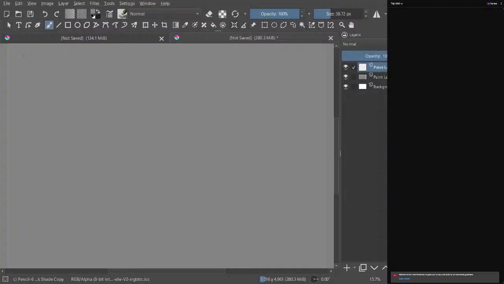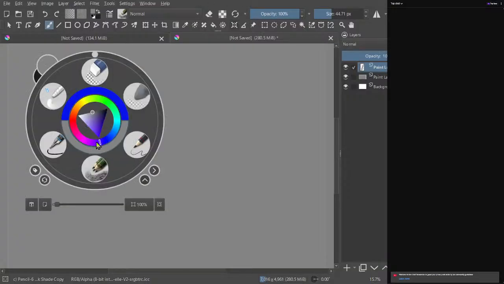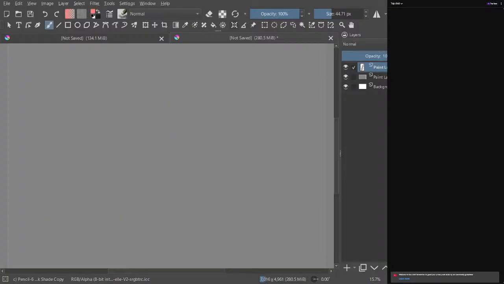Okay, the main things that people say on the internet that are important when it comes to lighting are, one, source light, which is where you need to identify where your light is coming from. Ambient light, which is your background, because more often than not, your background also has a sense of light. So your